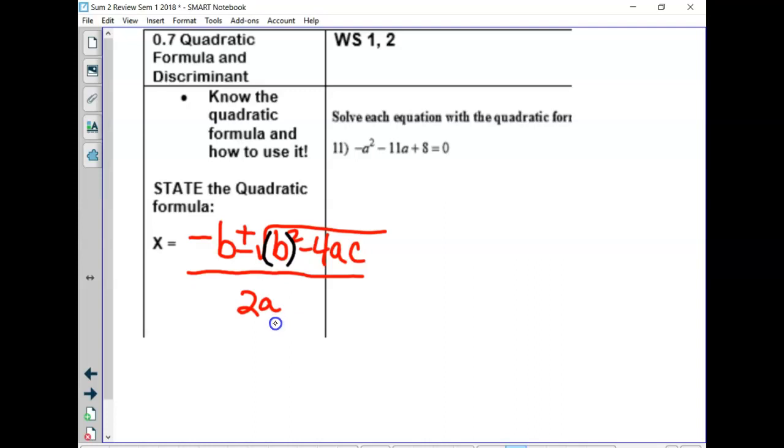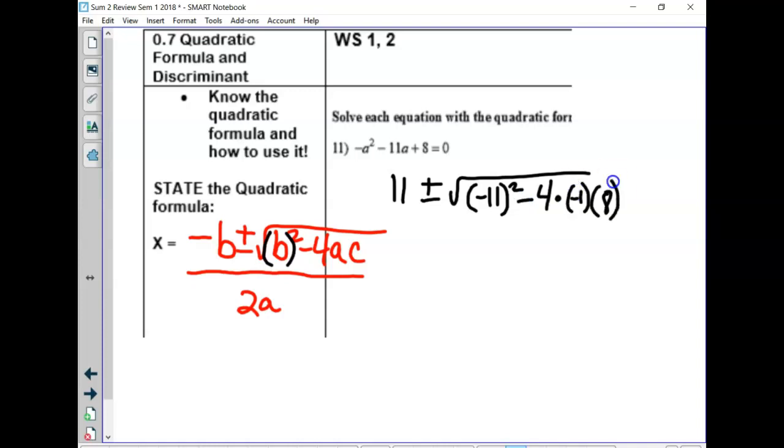Should we try 11, or are you good? 11 has a negative 1 for a. That's weird. Okay, so the opposite of b would be positive 11 plus or minus the square root of b, which is negative 11 squared, which should become positive 121. But then it's minus 4 times a, which is negative 1, times c, which is 8. Please make sure you know how to use the calculator and get the right sign out of that inside business here. So we should get 11 plus or minus